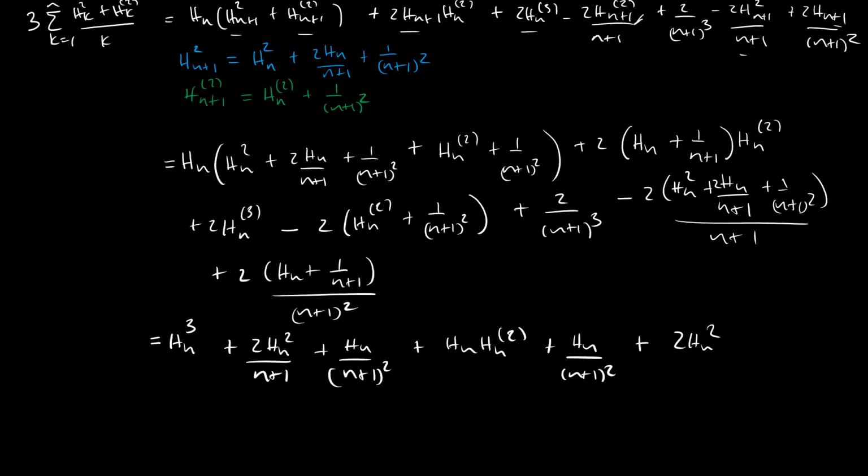That is not correct, because the correct form is twice Hn, like that, plus twice Hn over n plus 1, plus twice Hn bracket cube minus